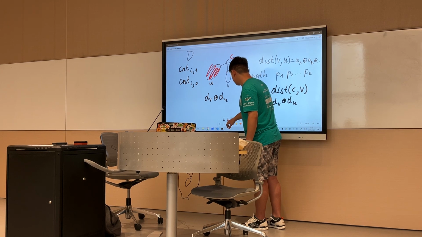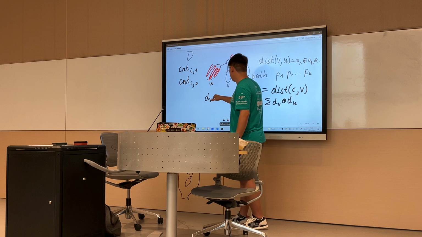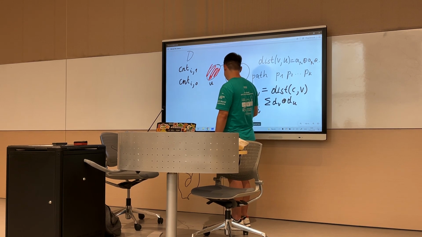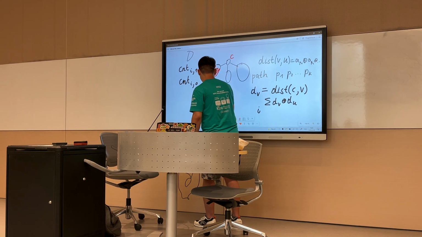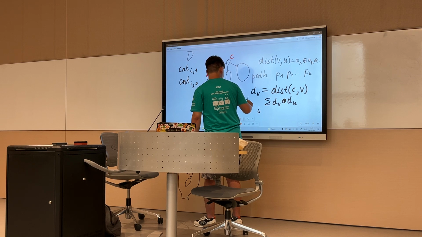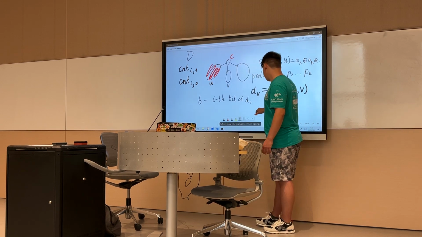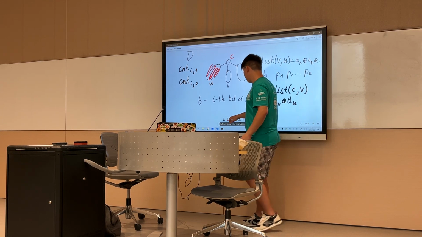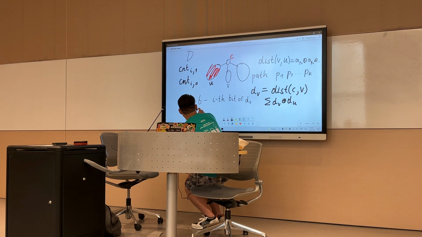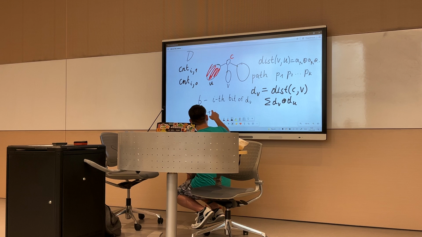Let's assume that the i's bit of dv is equal to b. b will be the i's bit of dv, and we just need to add to the answer ans plus cnt[i][1 minus b], because